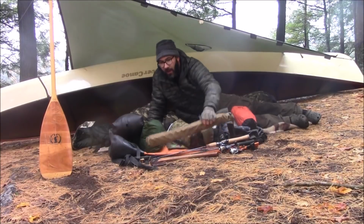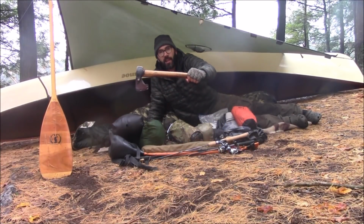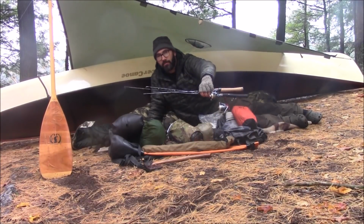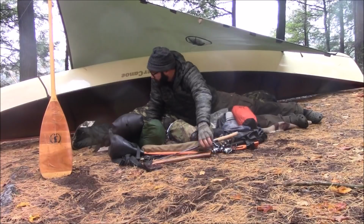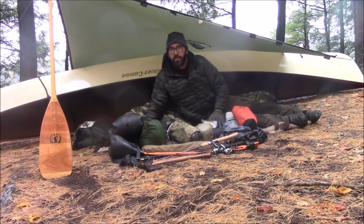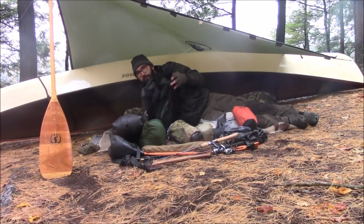I've got a buck saw, Adventure Sworn buck saw, Gränsfors Small Forest axe, two fishing poles in case I snap one, or so I can control two behind the canoe at the same time, one on each side. Got my life jacket,